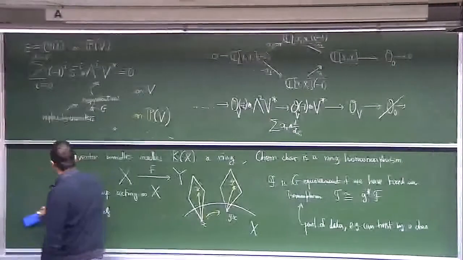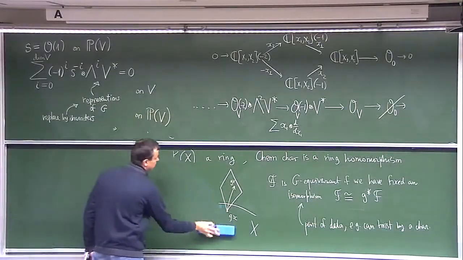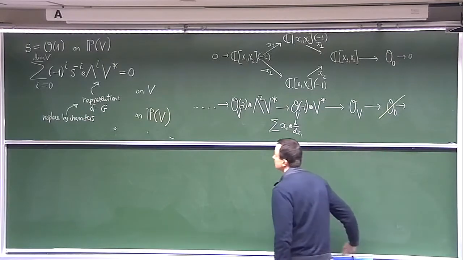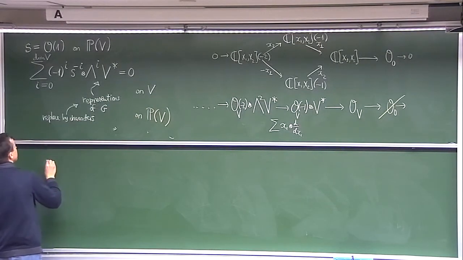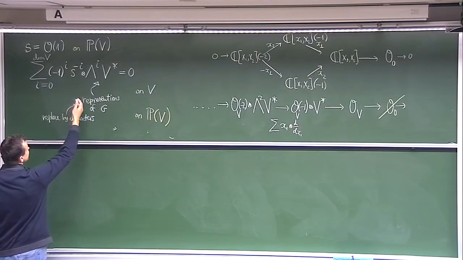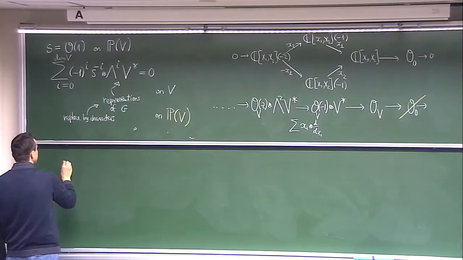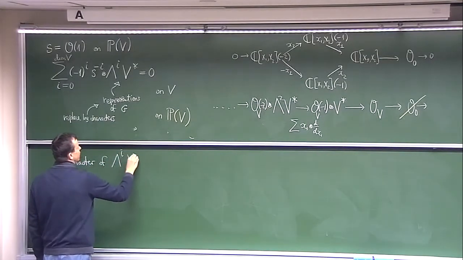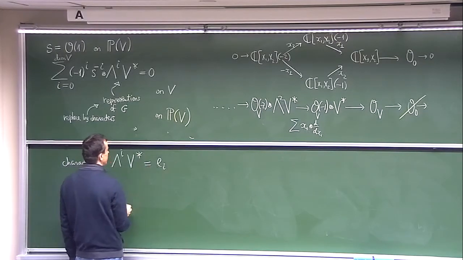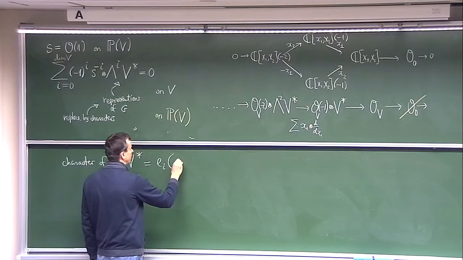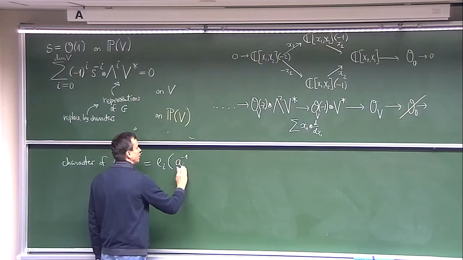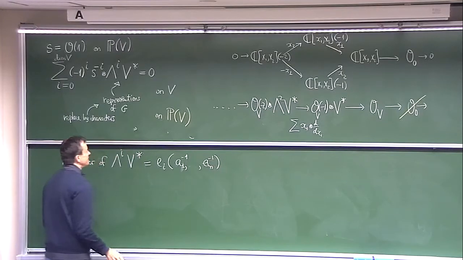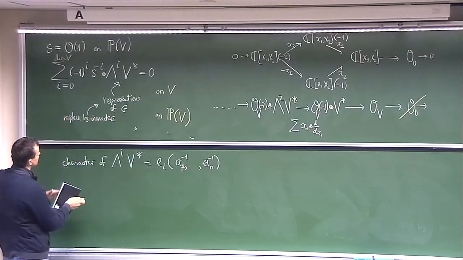And then this relation becomes the relation... What's the character? The character of the i-th exterior power of V is the i-th elementary symmetric function of the variables a1 inverse through an inverse. The definition of elementary symmetric function is such that this relation